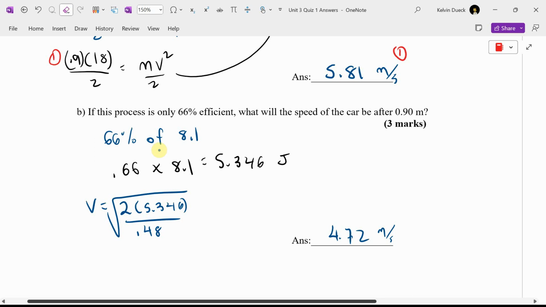If you got that, 3 out of 3. Otherwise, if I saw that number, that would get you 1 mark. If you got this wrong, but you tried redoing this, I would give you 1 mark. The most common mistake that I see, and I hate to say it's a silly error, but it is: kids see the point 66 and think, oh, the amount of energy is 0.66 joules. And they just use that because they've got to do something. But,